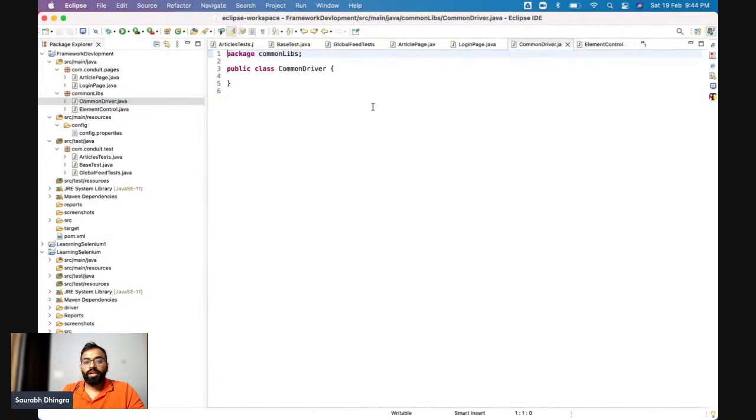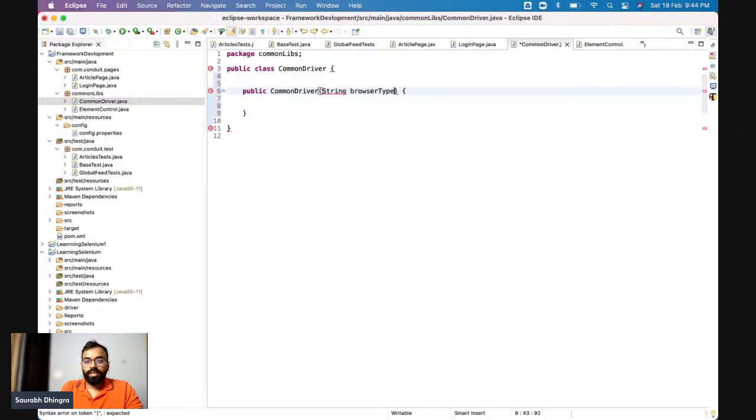Okay. Now in common driver, what is the very first step we do? Always opening a browser and navigating to a URL, right? So that part we can keep in constructor. So I'll create a constructor, and this constructor will take a string browser type. That means I'm making it generic, that you pass the browser type and based on that I'll open the browser. Okay, and I'll add one more method to navigate